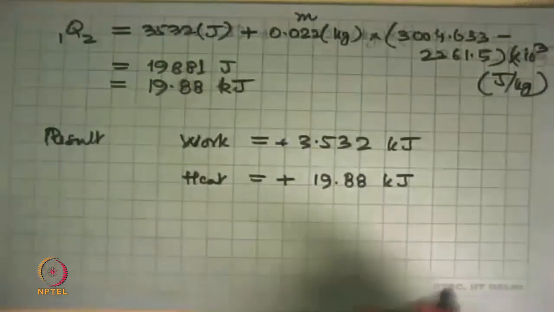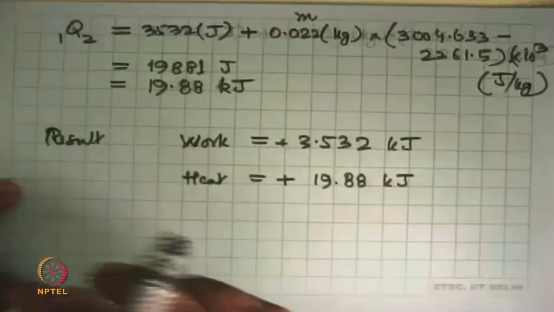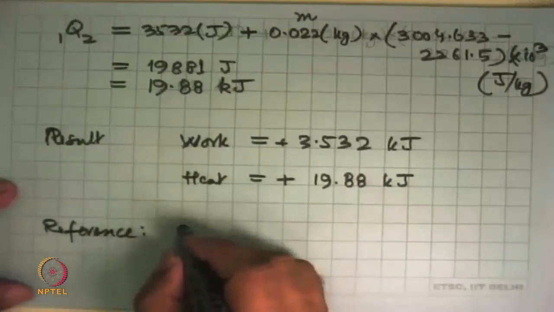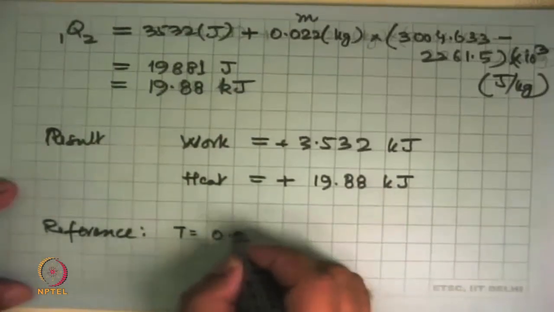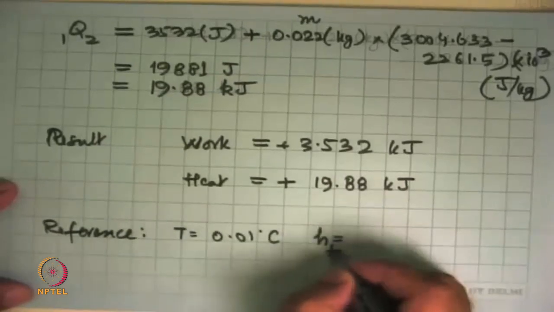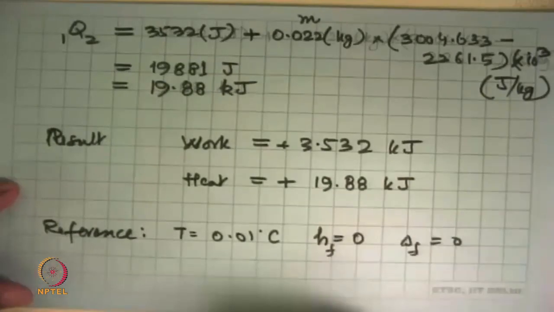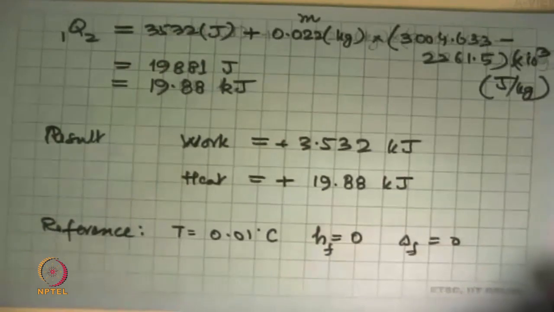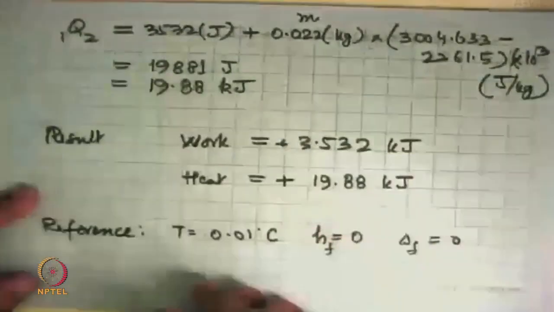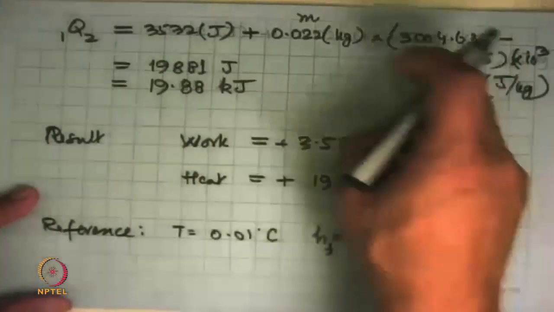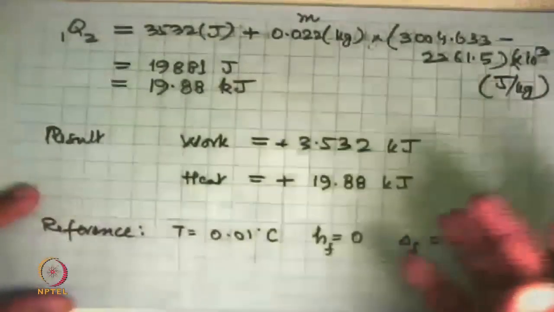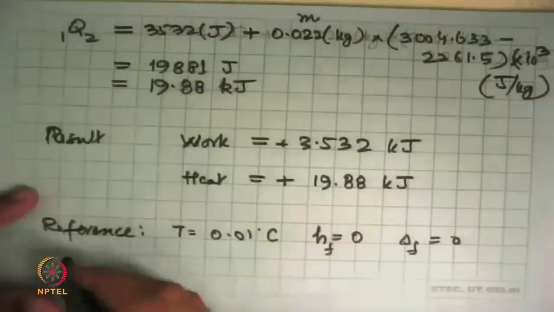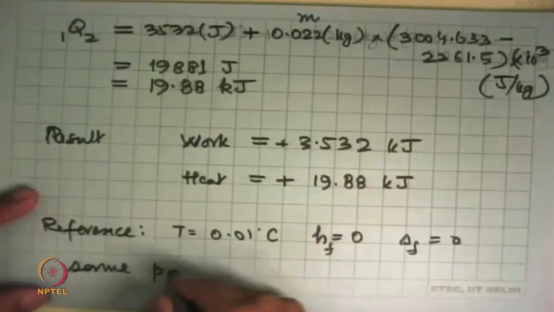Fortunately for us, for many substances, all of them will have the same reference state. So that means for water at triple point temperature, T equal to 0.01 degrees C, hf is equal to 0 and sf is equal to 0. But still, because they all are based on data fitting and then making a curve on it, the values given by different programs will be slightly different. So it could be within, say, plus minus 2 or 3 kilojoules per kg. That's okay, as long as throughout the problem we use the same property source.